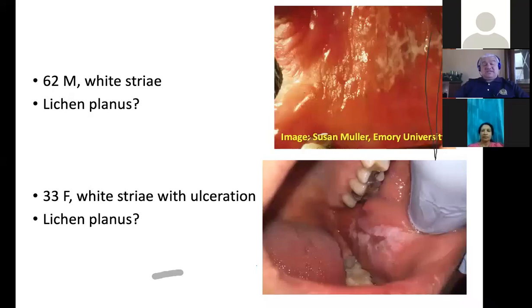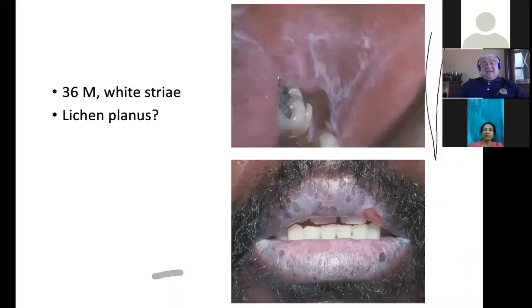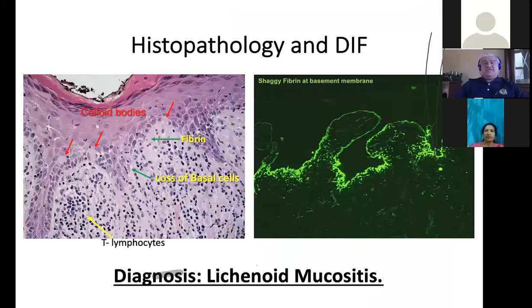And so the question is, are those white striae representative of lichen planus? And the last case over here, a 36-year-old male with white striae, is this lichen planus? So obviously not all of them are lichen planus, otherwise I wouldn't be showing them to you. And so in each of these cases, if you perform a biopsy, you will get